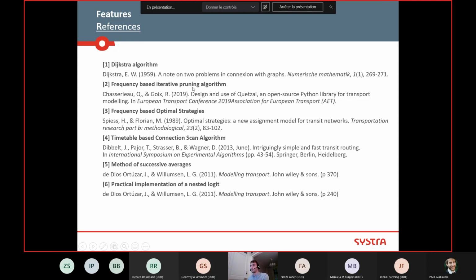I'll put some references for the algorithms that I explained really briefly. So this is the paper